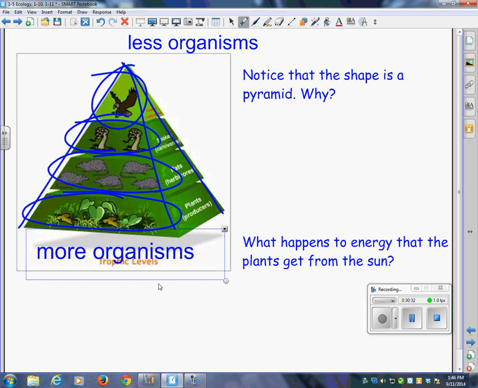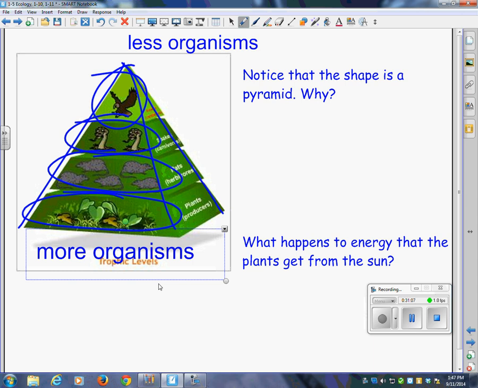Now, I'm going to have to ask you this again. Why is there less at the top? I'll give you one small hint. Think about the size of grass plants and the size of rats and the size of snakes and the size of hawks. Hawks are bigger. Who's the biggest guy? The top trophic level, the big dog on the street, right? He's big. So he has to eat lots of snakes, who in turn eat lots of rats, and so on, okay? So because of the size of them, that's one reason. That's why we've got it in this pyramid shape.